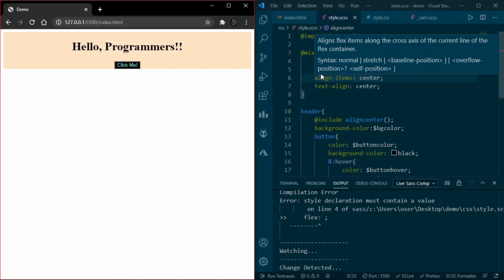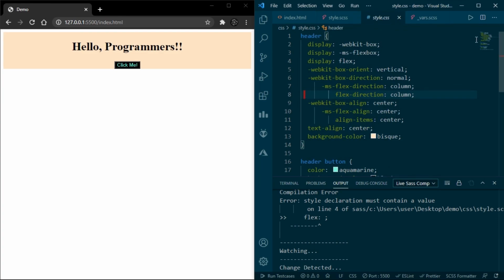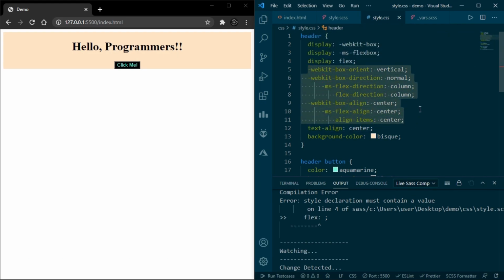So why do I write this stuff here? I just wanted to show you that once your Sass compiler compiles this code, go in the style.css. Here you will see that it has created all these web dependencies for you. So when you use the Sass compiler, you don't need to actually take care of these things, they are taken care of by default. So I just wanted to show you this thing.